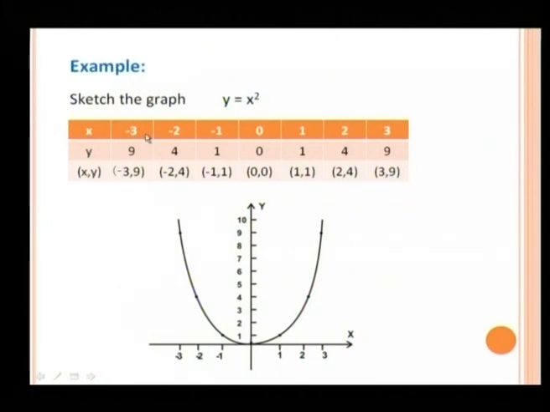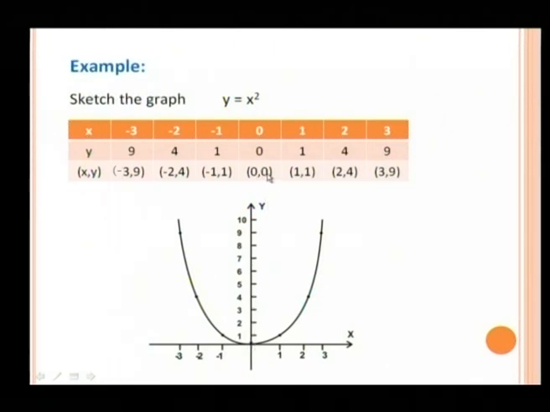If we have to get one more ordered pair, we have to put x is equal to minus 3 in this equation, which gives us a positive 9. So the next ordered pair would be minus 3 and 9. If we have to plot all these ordered pairs on the Cartesian coordinate system, if we put the first ordered